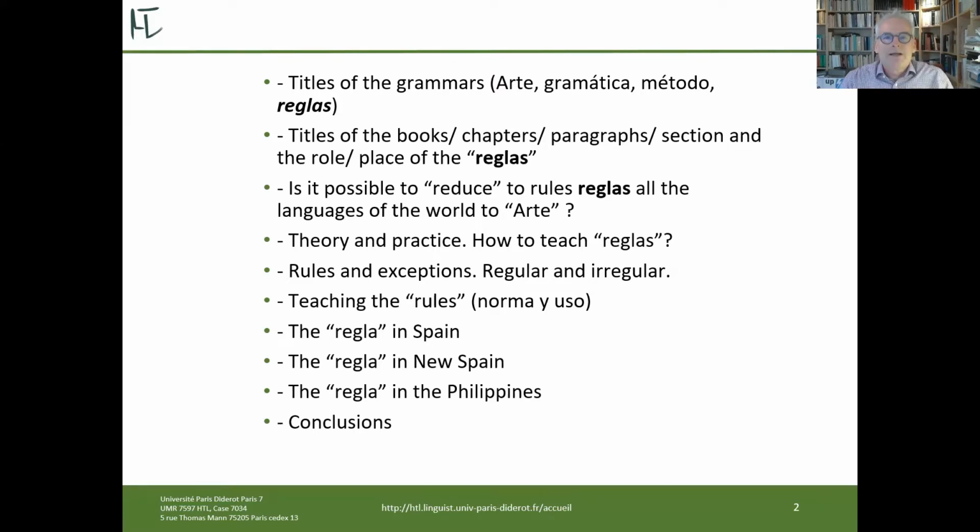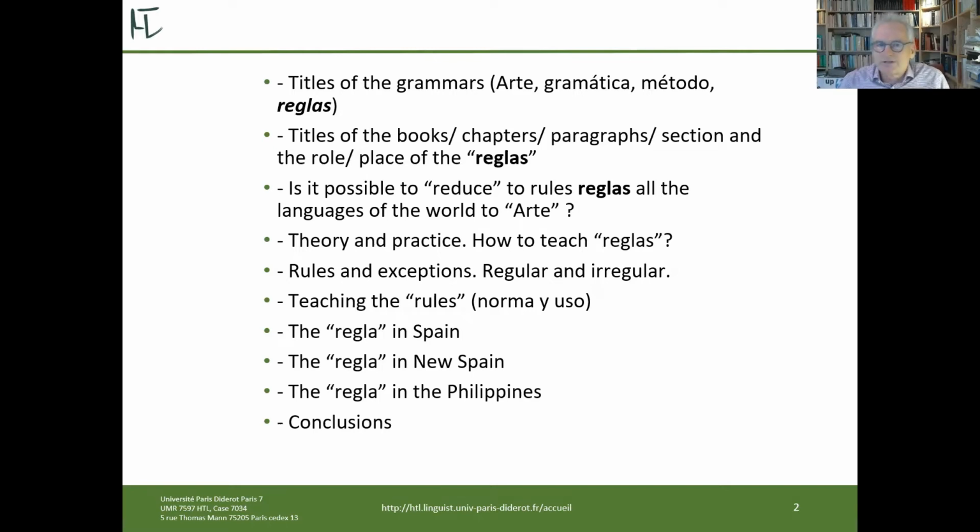And the same I've done for the dictionaries. Some traditions prefer the term vocabulary, vocabulario, and others prefer dictionario. This is a near synonym, but there are some differences in some sources, and the same applies to the titles of the grammars. And then I want to devote some minutes to